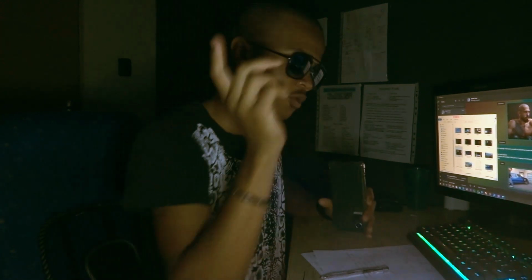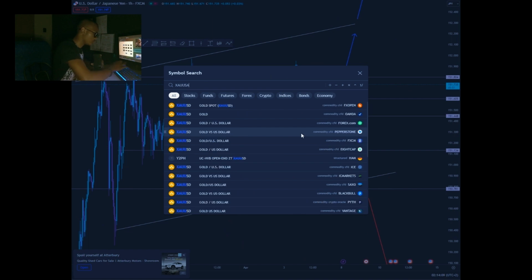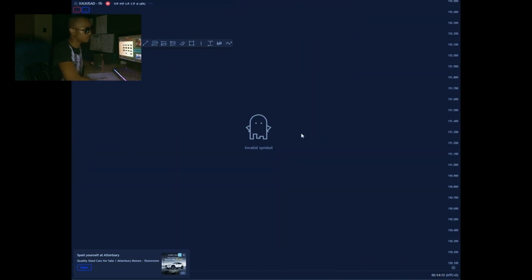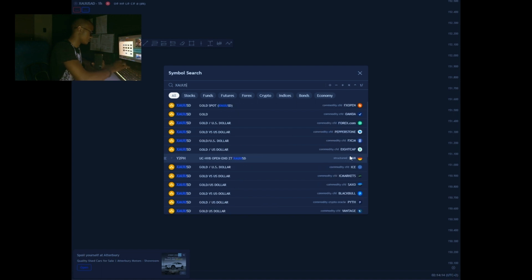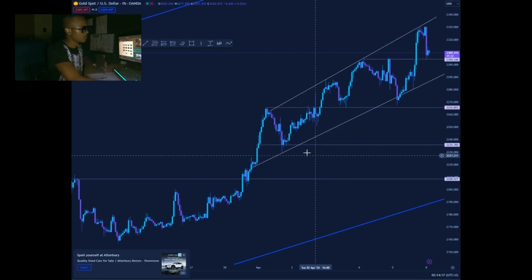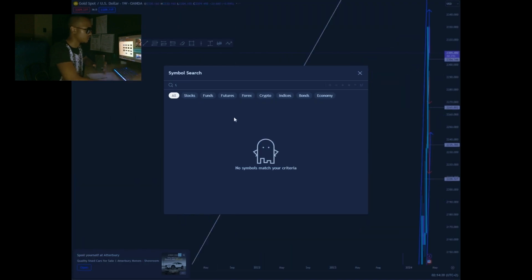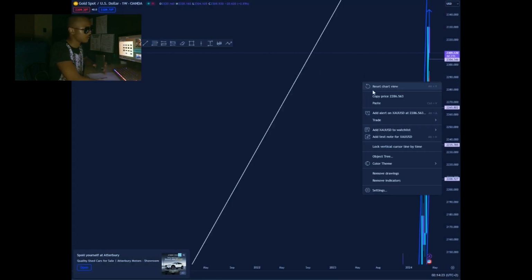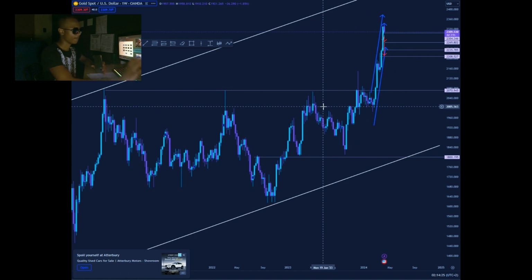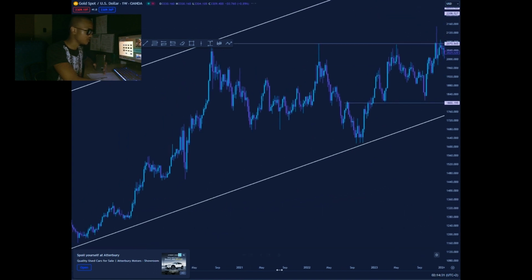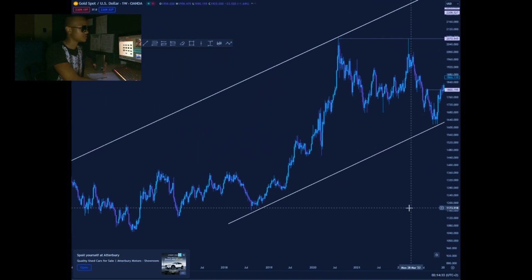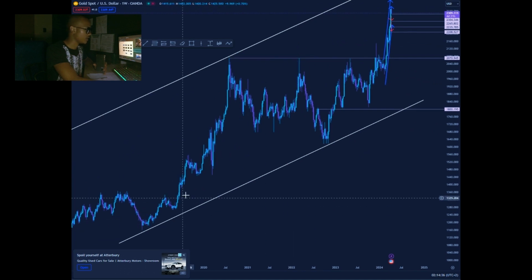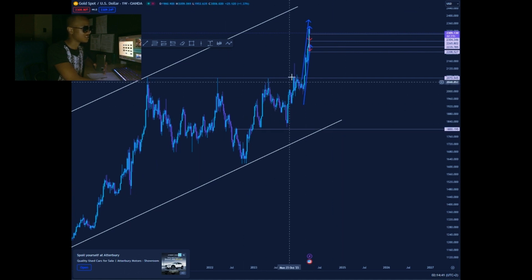So going back to the chart, let's look at gold. Starting on the weekly. On a weekly time frame, gold is bullish. It's been bullish and it's going to continue to be bullish. So, as you can see, guys, this is a nice market structure. We had a nice impulse move and a correction, and an impulse move, and are awaiting a correction because the imbalance is too wide right now since gold has been buying.